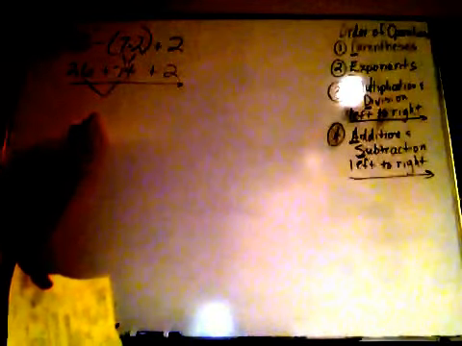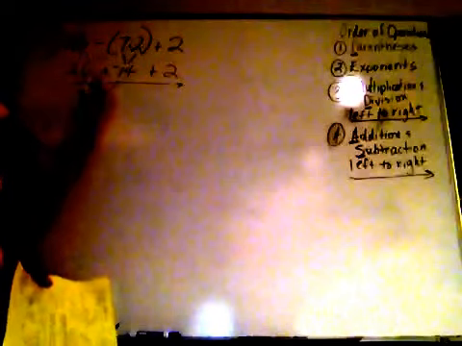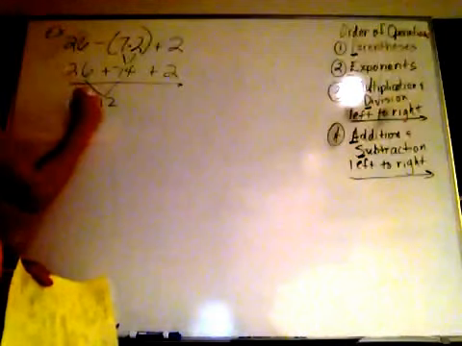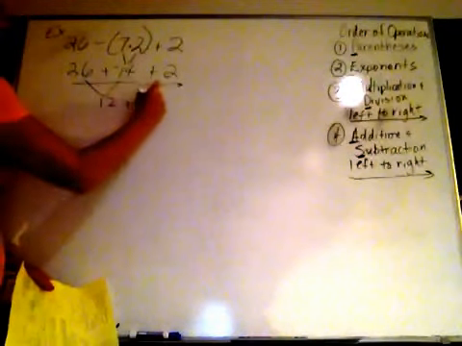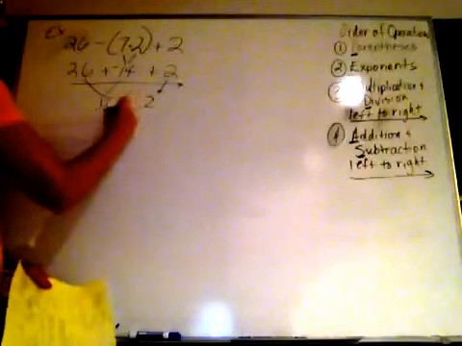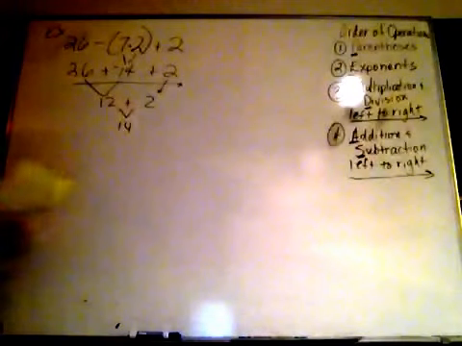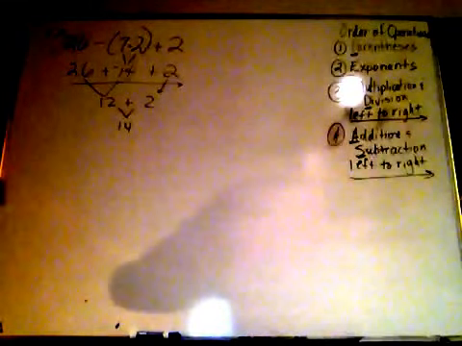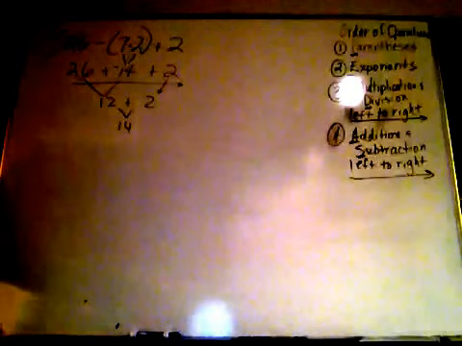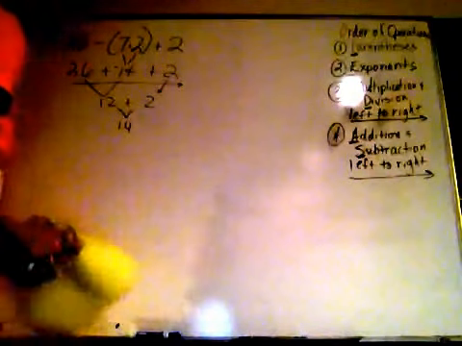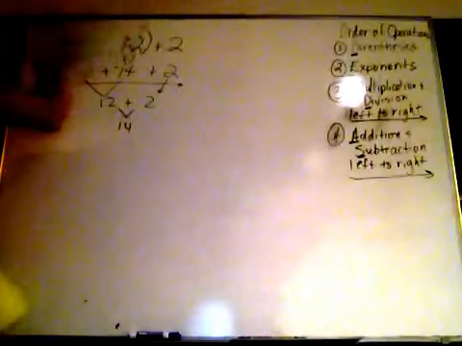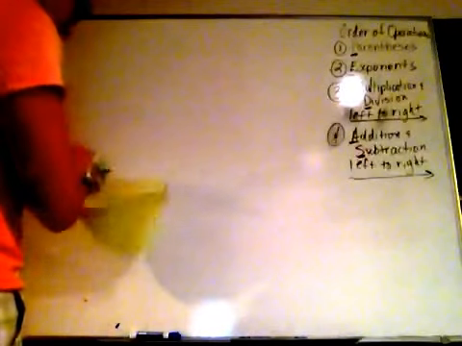So 26 and negative 14, when I subtract I get 12, and 26 is bigger, so it's positive 12, and then plus this 2, so I get 14. You can go ahead and write down that example, and I'll pause the video so you can write that one down. And then our last example is